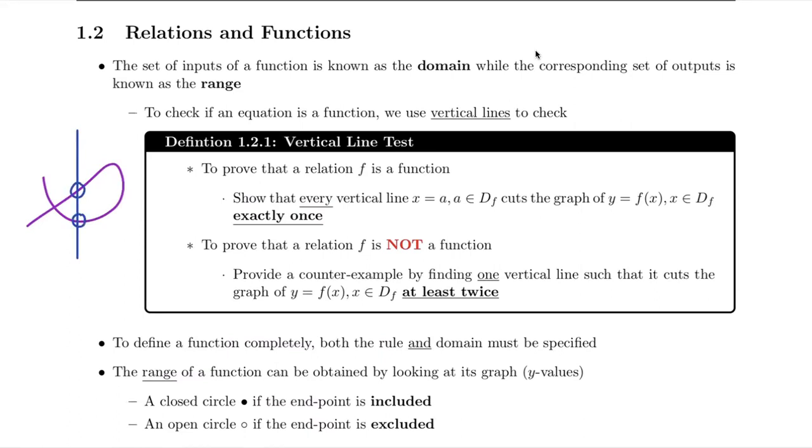this is no longer a function. Hello, Evan. Understand? Yeah. Okay, so